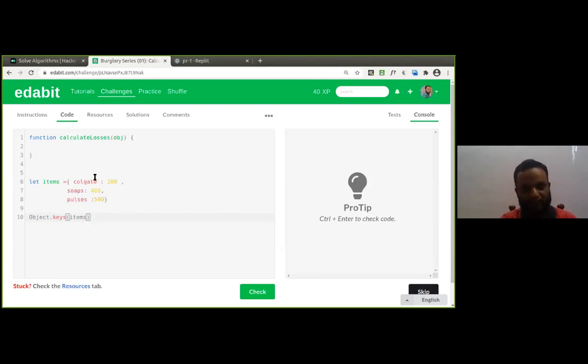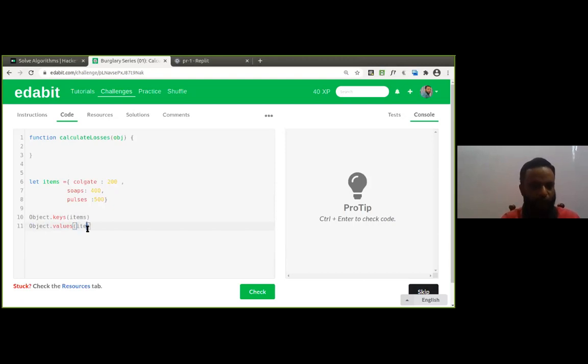If you want to get the values associated with the keys directly, like in this example where you want to sum up, just add directly. You can take 200, then 400, and 500. How will you get that? For that, you need to use Object.values. That will serve your purpose. It will return all the values of the given object.